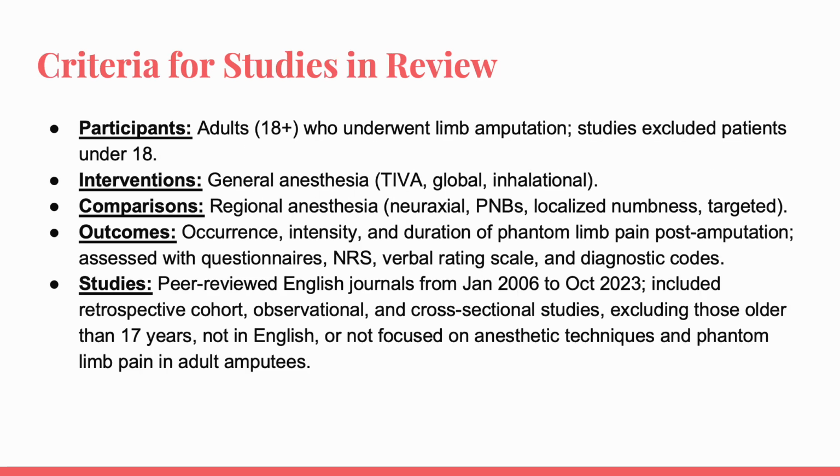During the literature review, my partner and I created criteria of inclusion and exclusion in the studies we reviewed. Participants were greater than 18 years old and underwent limb amputation. The intervention was comparing general anesthesia, which can be inhalation agents, also known as volatile anesthetics, or total intravenous anesthesia,